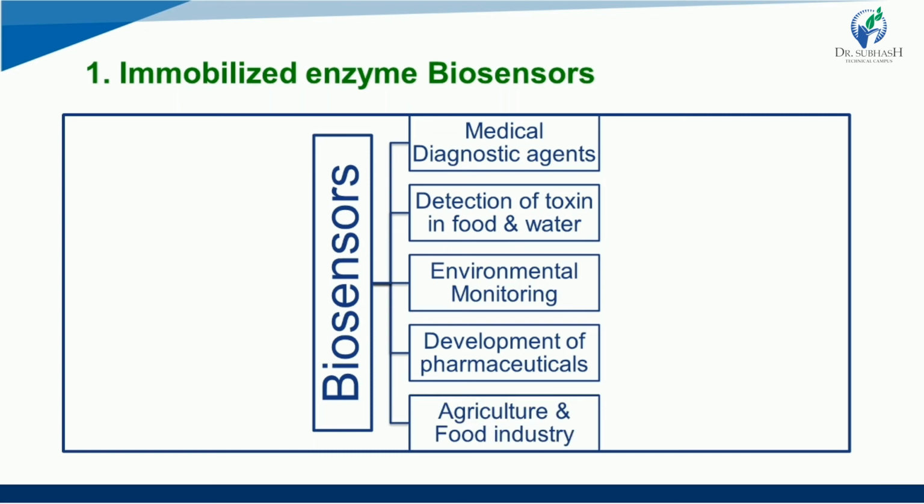Medical diagnostic agents: first of all, you need to understand what a biosensor is. A biosensor is an analytical device which can detect and quantify specific analytes in a complex sample. They are modified by biological entities like enzymes, antibodies, and oligonucleotides to increase their selectivity. So, don't worry about biosensors; we are going to focus on them in our next lecture. Biosensors are used in all the areas mentioned here, right?